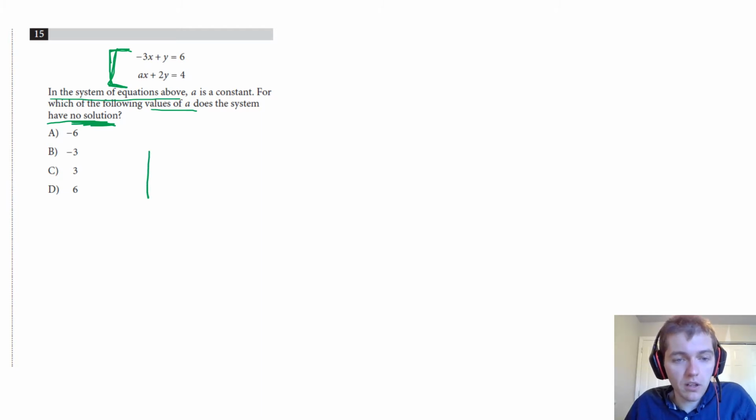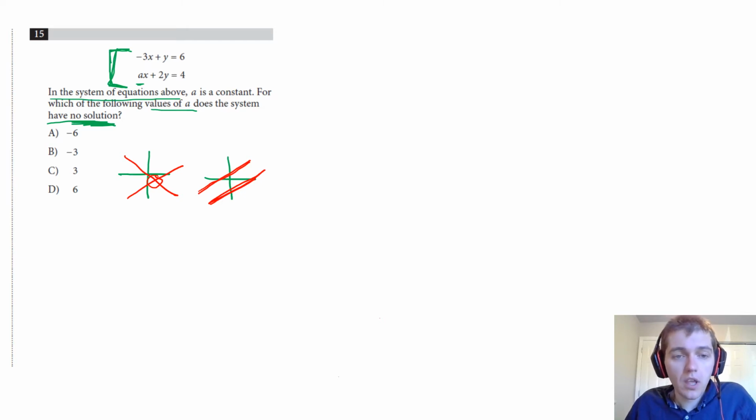So if you think about it, here's a normal system of equations. Here's your axis. Let's say you have a line here and a line there. The solution is right there, right? The only time that two lines would not have a solution is when those lines run parallel to one another. So when their slopes are equal, those two lines will never cross, and you have no solution. So what you need to find then is where you can set A such that the slope of both equations